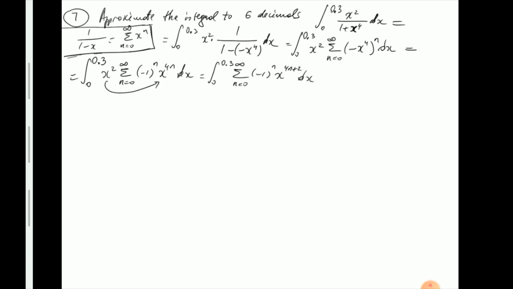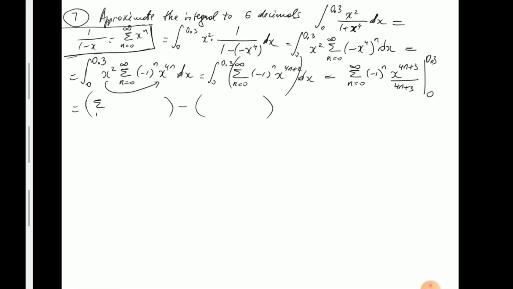Now we have the inside of the integral as a power series. And now it's time to integrate. So we have summation from 0 to infinity. We integrate inside the summation. Power rule, x to the power 4n plus 2 plus 1, that's 4n plus 3, over 4n plus 3 between 0 and 0.3. So you're going to do the fundamental theorem of calculus just like you do with any integral,